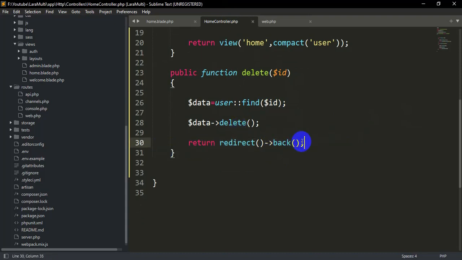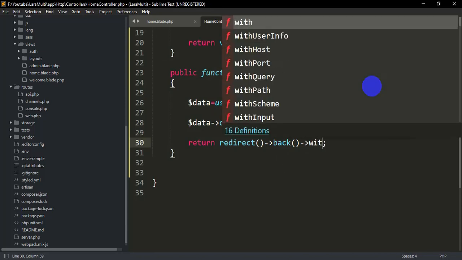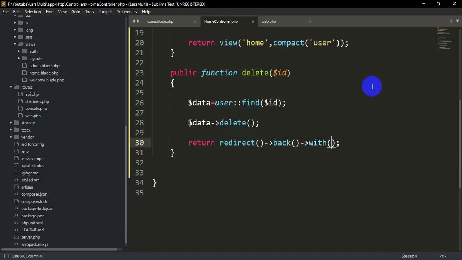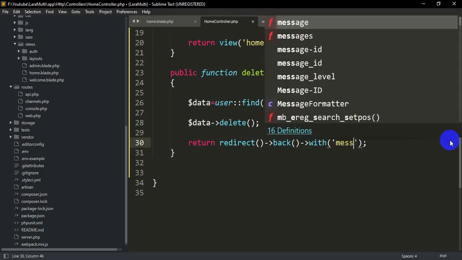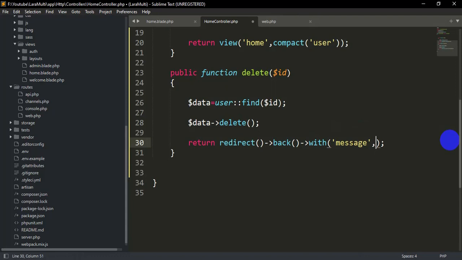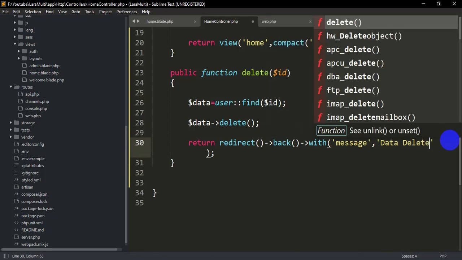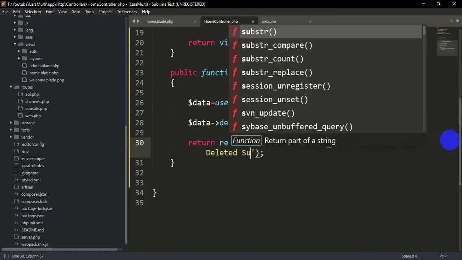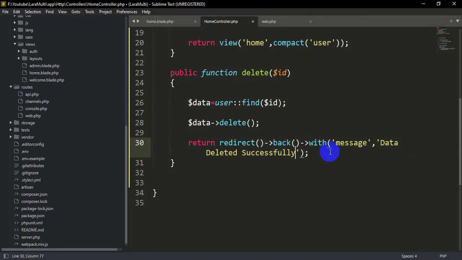So here we are just going to say this arrow sign after back, then we'll say with, and inside it we are going to say single quotation, and inside it let's say message, and then we are going to give a comma, then another single quotation, and inside it let's say data deleted successfully. So let's save it now, Control S. Now let's go to our